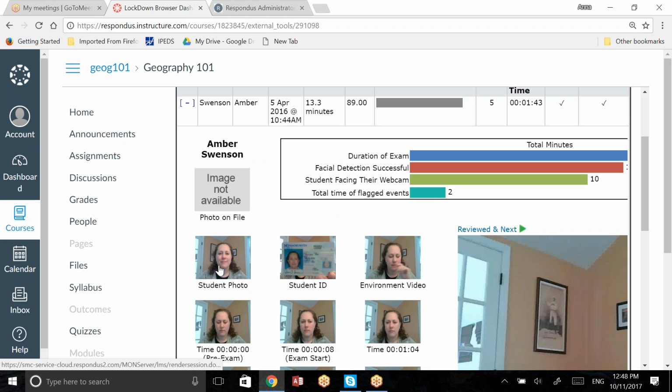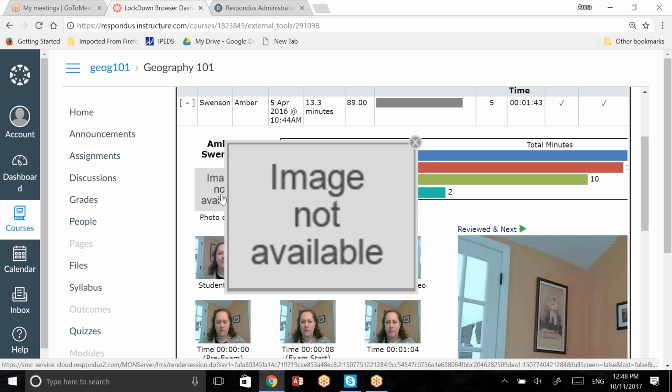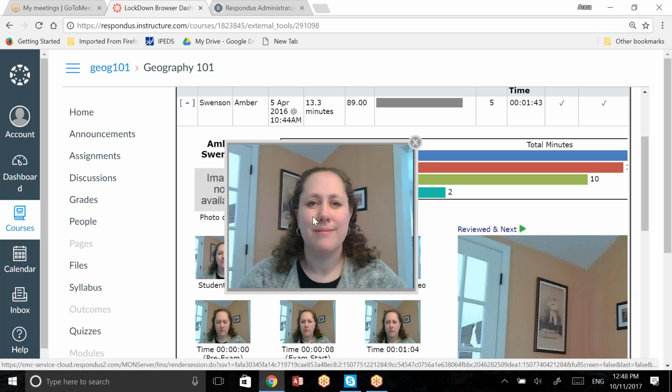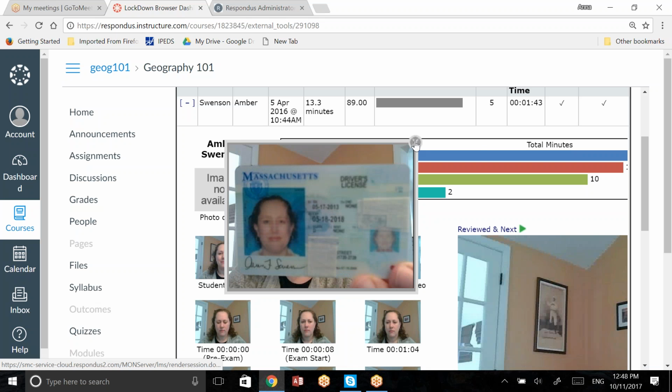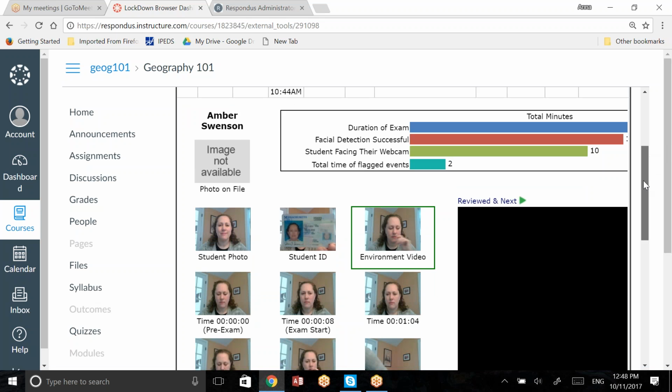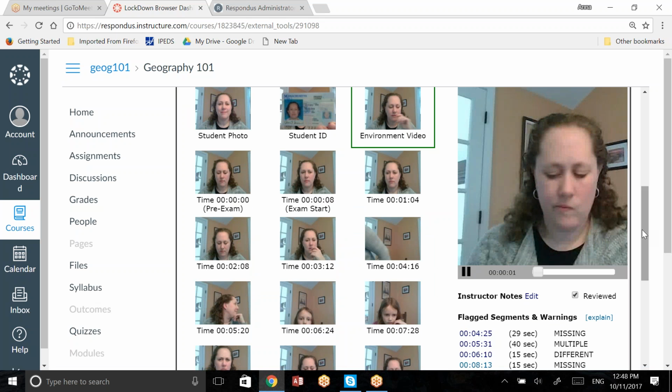Now you'll notice when I look to the left, a number of items that appear. If you do have digital photos available on file for your students, you can work with our IT team. You can upload them for the purposes of comparison. Or you could simply just walk through the screens that you ask the student to provide. So in this instance, I asked the student to provide a photo, show an ID, walk through an environment check,